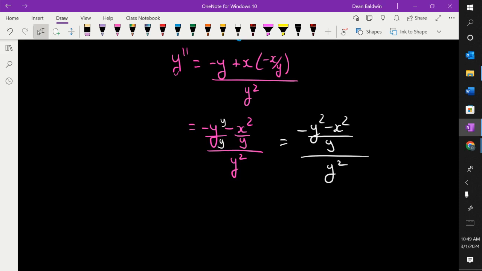Then you're going to flip and multiply because we don't like fractions stacked upon each other. Y squared is 1 over y squared, which gives me